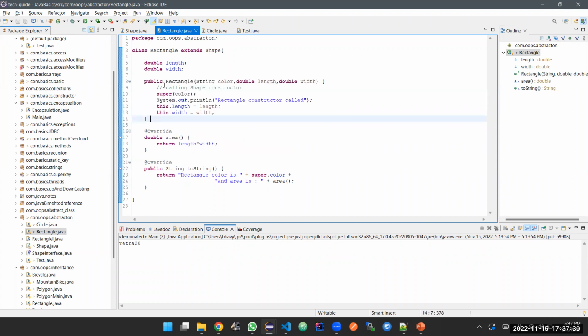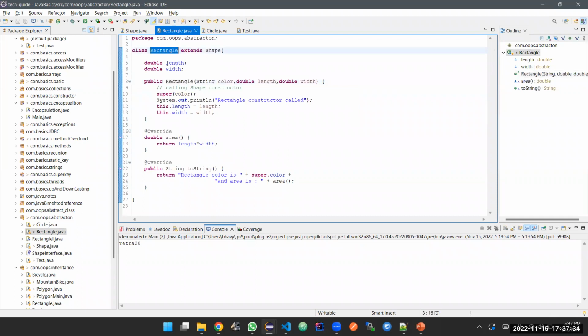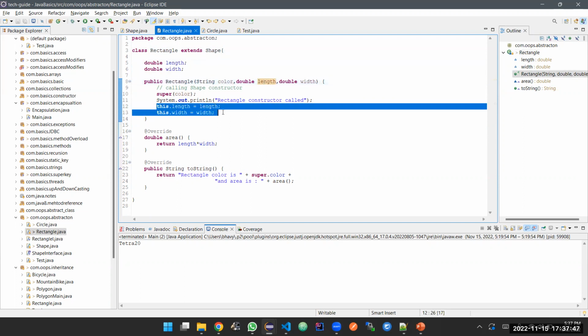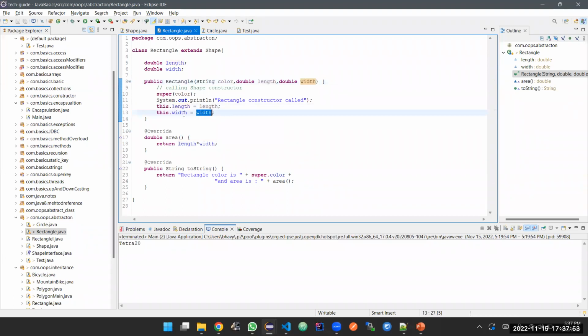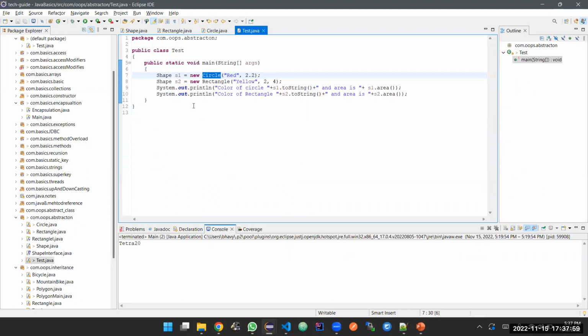Okay, a constructor is a special method which has the name of the class name. From the shape I'm getting my color, and from the two variables which I have declared, I'm going to get the length and the width, and assign them. So whatever length I pass is going to be set as the length, and whatever width I pass is going to be set as the width. So if I write this line,